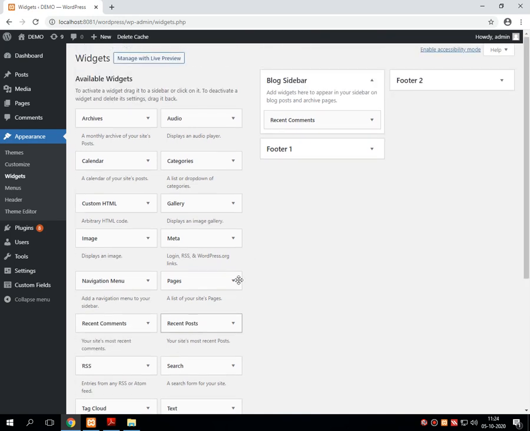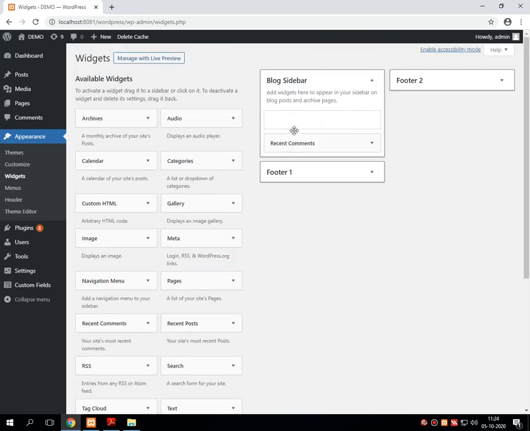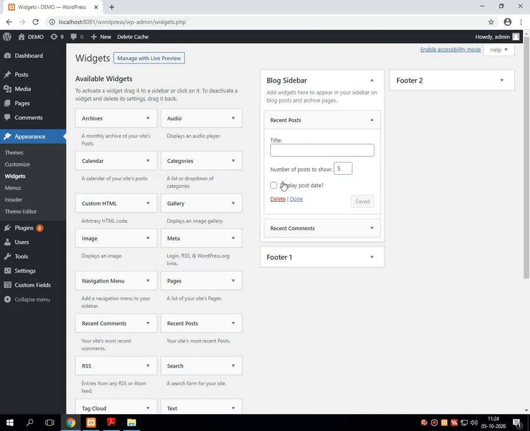Just drag and drop that recent post over the blog slider where you want to display. I am removing this recent comment from the list. I just want to display the single recent post onto the blog slider. So I am just updating this over the blog slider page.